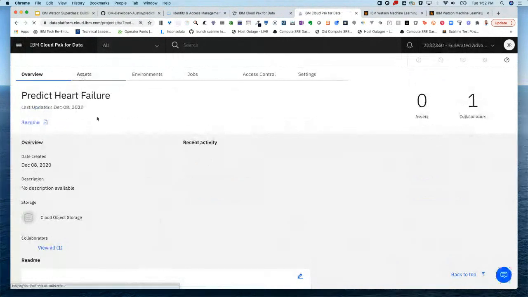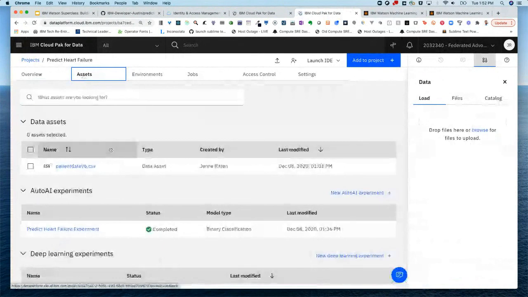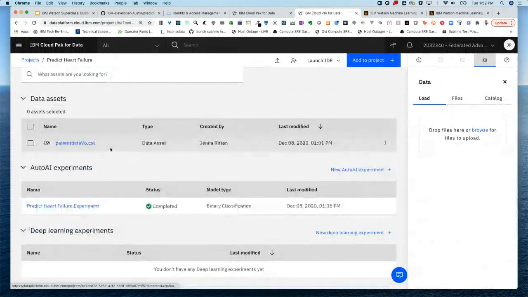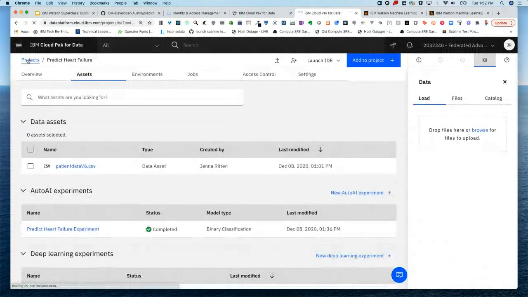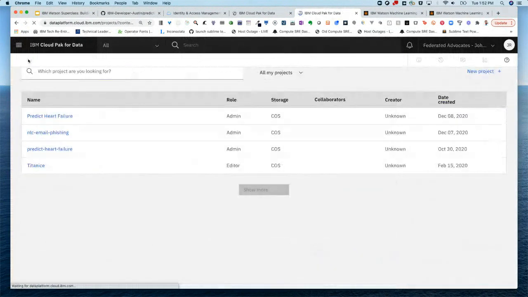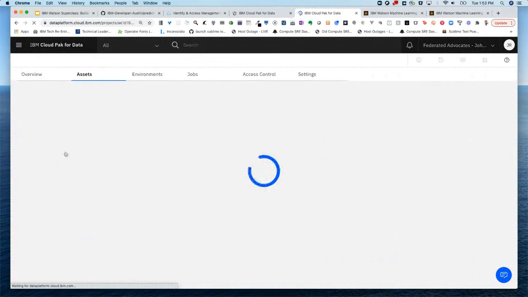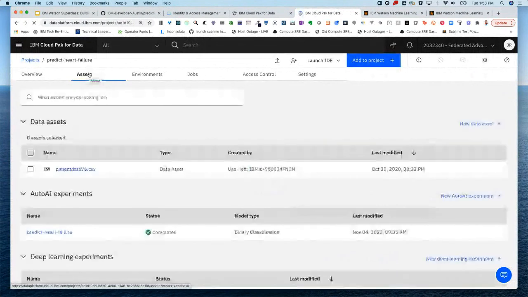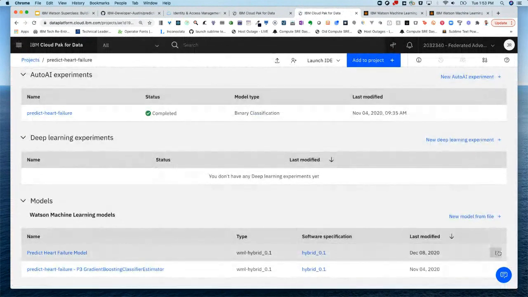Yeah, so this is our project. If you click on assets and you go down to our model. Oh, you know what? Sorry, let me go to my other project. I didn't save this one as a model. I didn't save that pipeline as a model because it was still finishing. So what we're going to do is go into our project. Under assets, we're going to scroll all the way to the bottom. This is our model here. So if we click here,